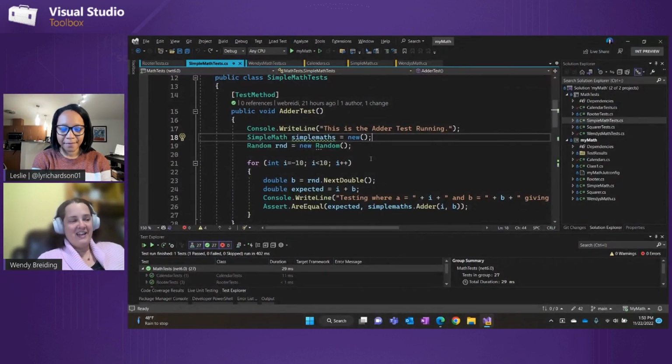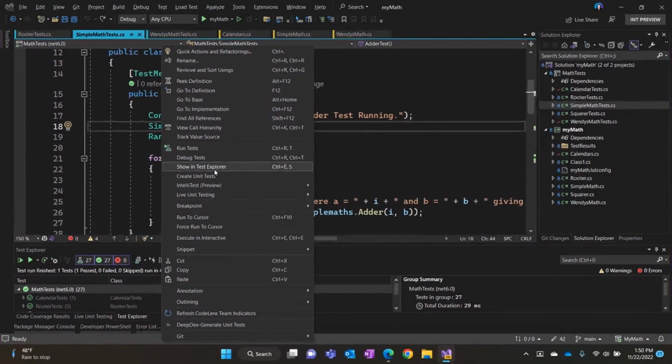So the first thing that I really love is jumping back and forth between Test Explorer and my code can be really a pain, especially in repos where you've got hundreds of tests. Finding the test that you're trying to work on can be difficult. And so we've added this show in Test Explorer, which is pretty cool.